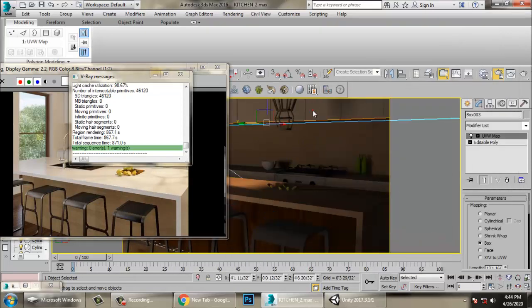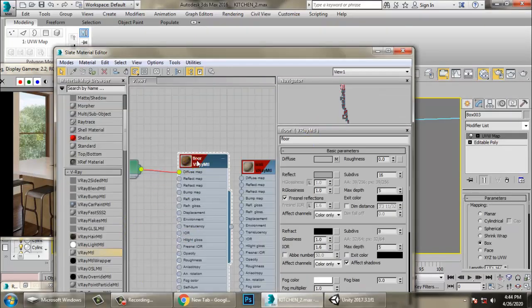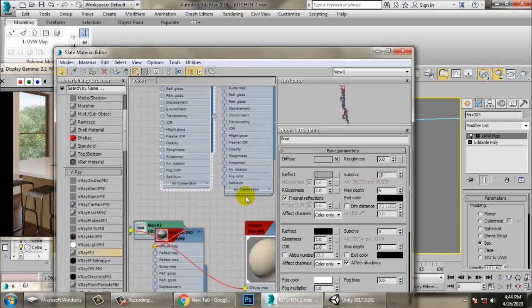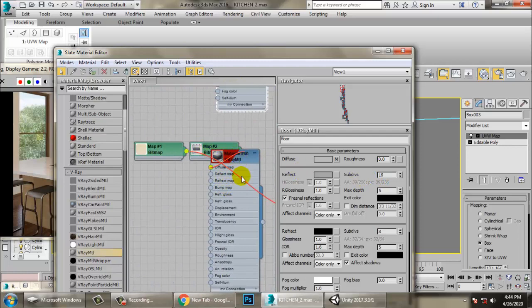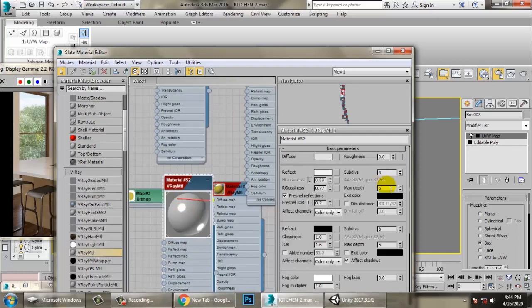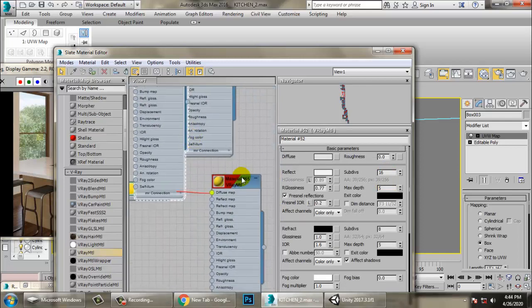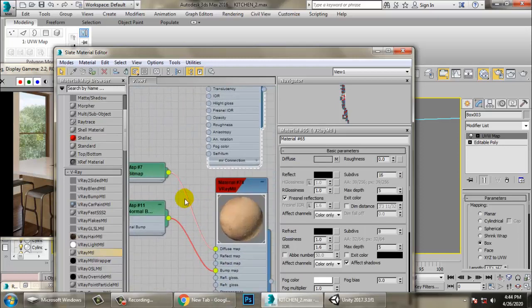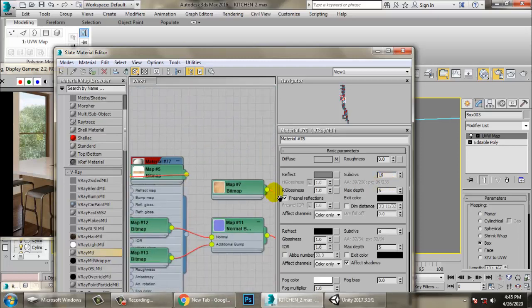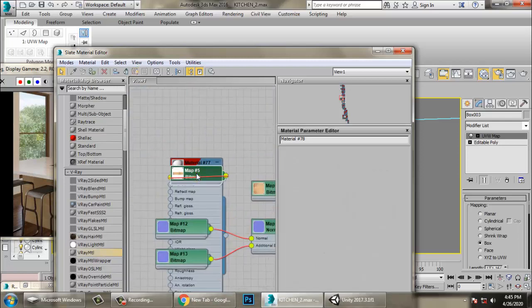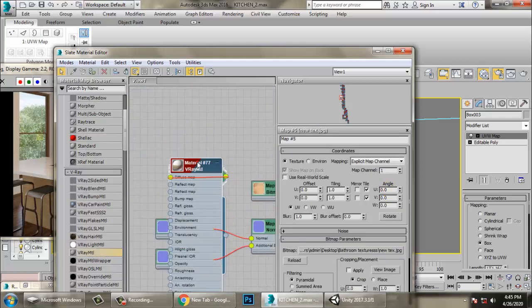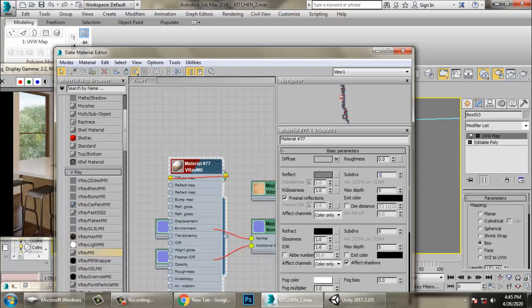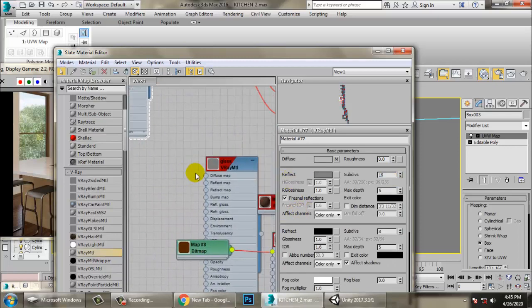Also, one more thing we have done over here is for the materials, into the materials we have increased the subdivisions. So I have increased all of these subdivisions. So you need to increase the subdivisions of the materials over here. Make sure you are increasing its subdivisions in the right manner.